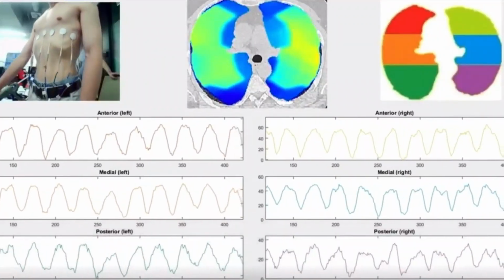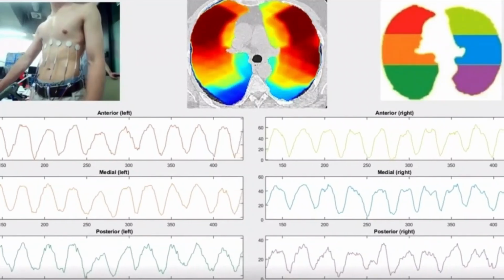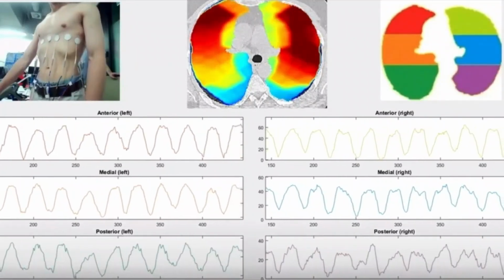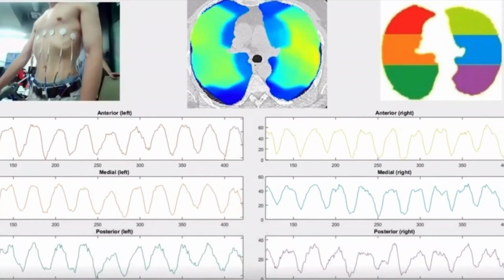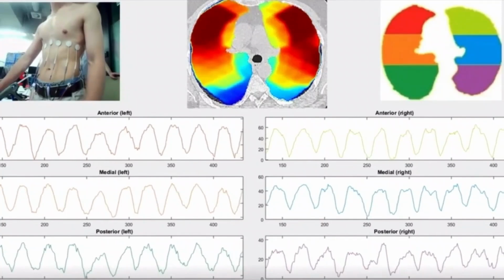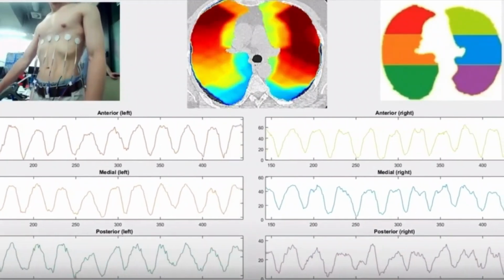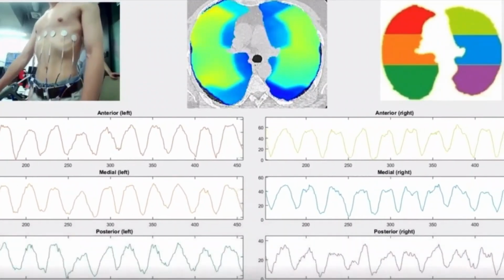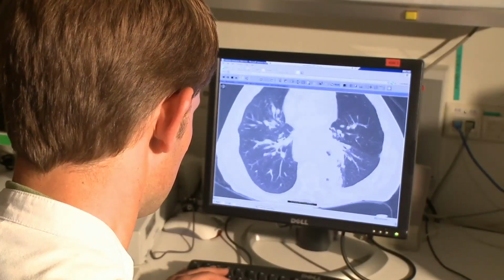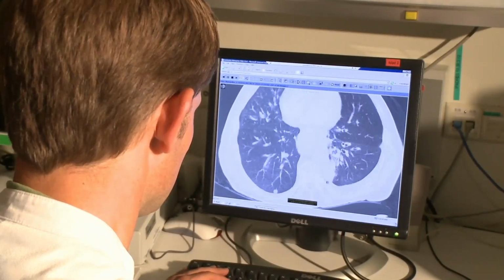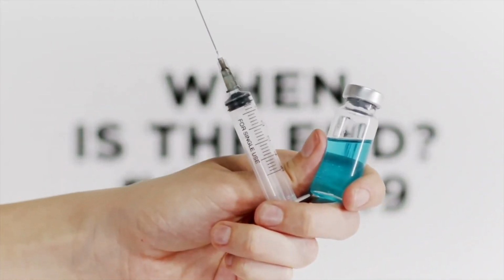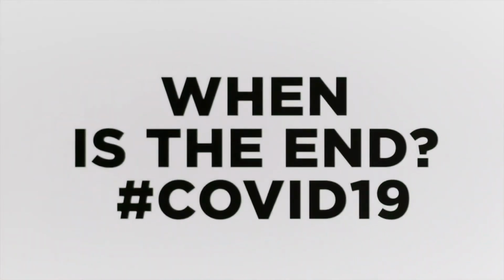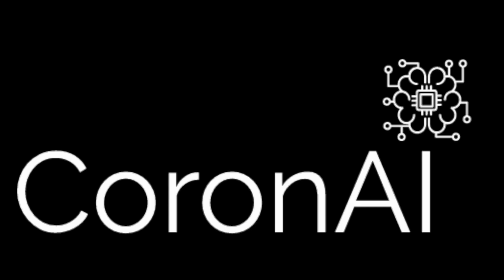Coupled with our machine learning algorithms, this image is then turned into a 3D illustration of the human lung. With this information, we are able to extract what the lungs look like when the patient is breathing, and therefore are able to detect what parts of the lung are affected and any progress in the patient's condition based on the scan from the previous day and the scan that's been done today. Doctors no longer need to bring patients out of their wards and take them to do a CT scan, and now they too can practice social distancing. It's time to use technology to help the doctors and nurses who are working so hard to help us. It's time for CoronAI.